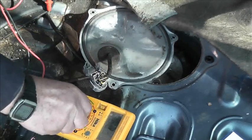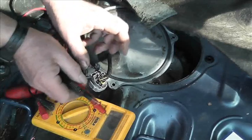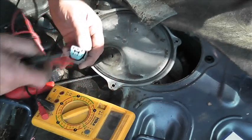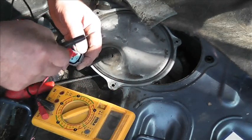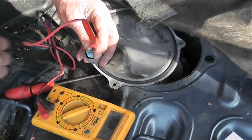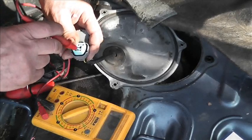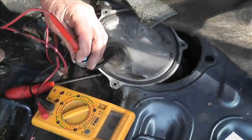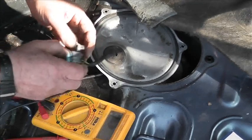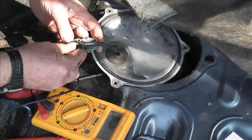So we've got the meter set on continuity. Does it work? Yes, it does. There's a rubber seal there, so we don't want to damage the contacts. Well, that earth is fine because we've got continuity, and it's on the same side. Okay, so both of those earths are good,